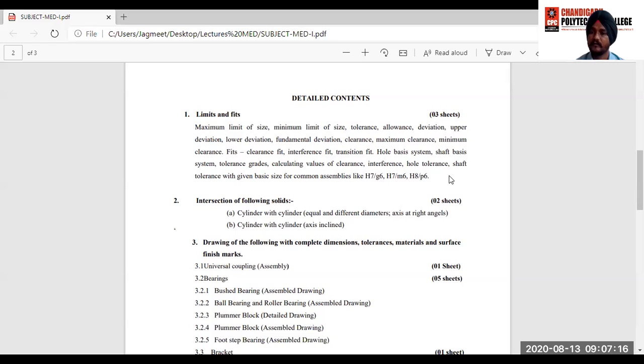These all topics we will discuss in chapter number 1, and this is a very important chapter if you are a mechanical engineer, and this knowledge is very important for you. This knowledge includes all the necessary information that will be required during manufacturing. Without this information, these topics, you cannot complete manufacturing a part, because during assembly, limits, fits, and tolerance play a very vital role during manufacturing of a product.